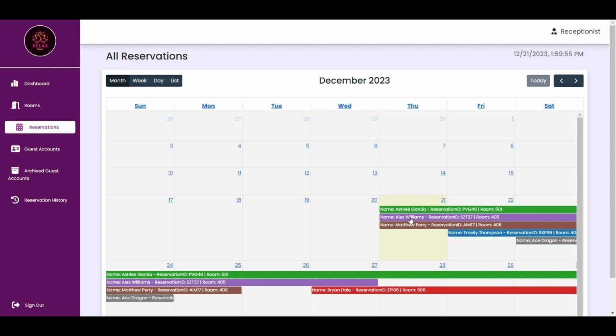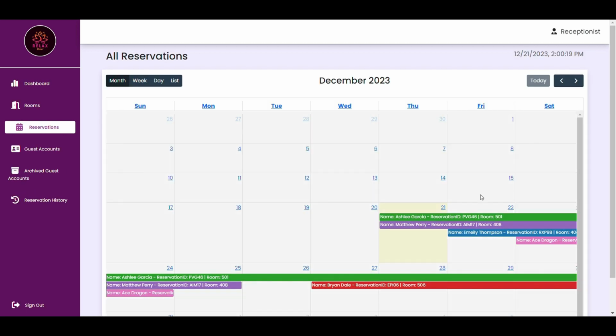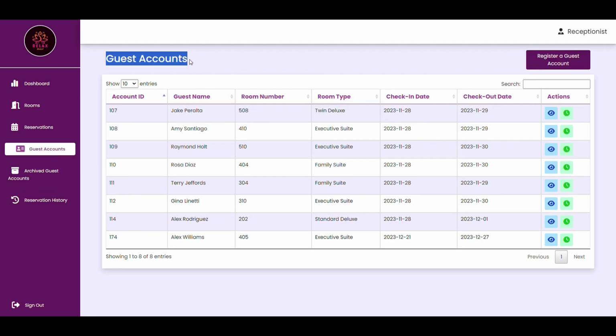As you can see, there are 3 reservations today. Then, let's say Alex Williams has already arrived at the hotel, ready for check-in. As a receptionist, you will verify the reservation details of Alex Williams, and if correct, just click the check-in button. That record will automatically go to the guest accounts, meaning Alex Williams is already a guest and checked in